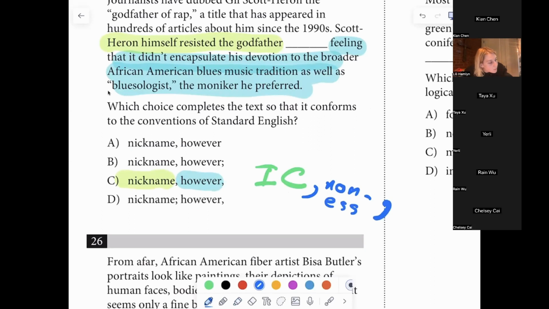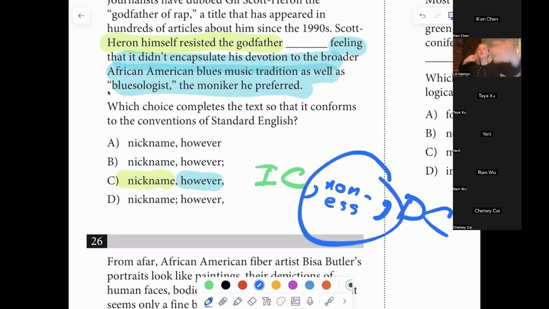And then we have the main dependent clause. It's like an aside. It's like a kind of commenting back on it. It's like this miniature non-essential clause. So C is the right one. We just want that covered. It just kind of comes between. It's like it's sort of this little aside or little comment. A transition word can sometimes do that, where it just comes between the independent clause and the dependent clause of